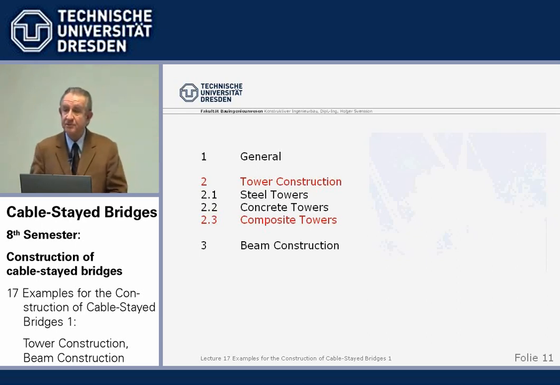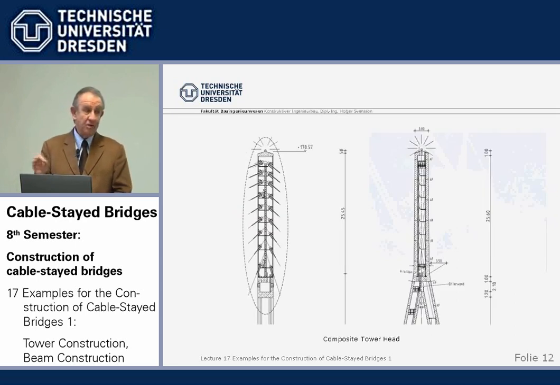The third material, as always, composite towers. Now, composite towers are composite only in the upper part of the cable anchorage. The bottom part is a regular concrete tower, but the cable anchorage is in steel. We see here a cross section where we have a steel box, and inside the steel box the stay cables